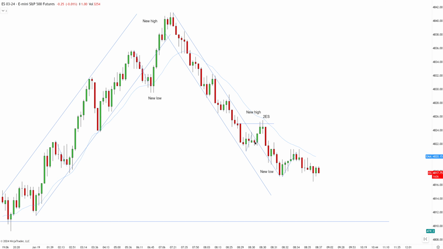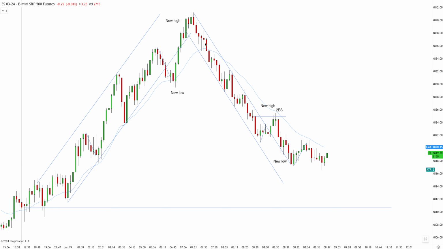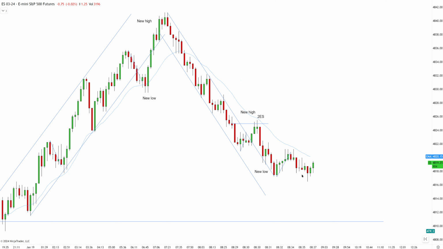So we have a beautiful two-leg pullback second entry short at the EMA, but the signal bar was bullish doji, so that is not optimal bar for me to sell. But as you can see, we followed the trend line rule, two-leg pullback, break new extreme. Price action, however, is not even breaking above the EMA, so I'm not looking for reversal just yet.